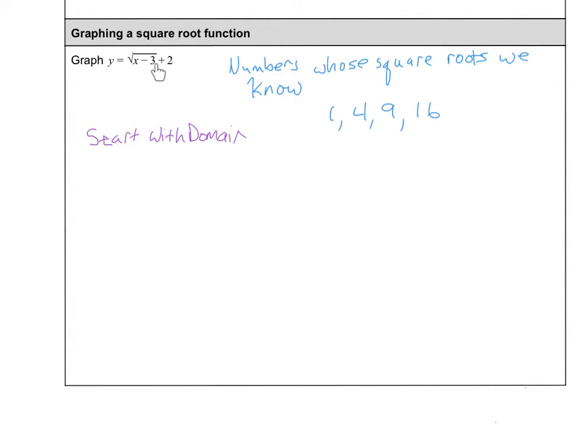When we actually go to graph the square root function, we're just going to go ahead and make a big table of values over here somewhere and put a bunch of x values in and get y values to pop out. But we've got to be a little careful about how we do that. And we are going to start with the domain of the function,